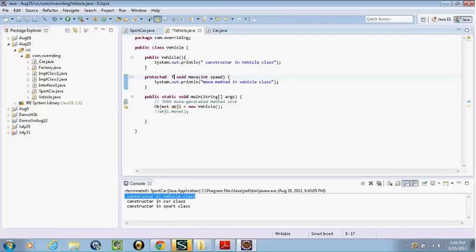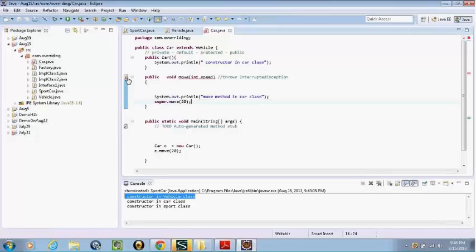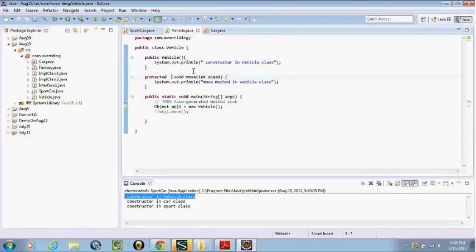And what happens if we make a class final? We cannot extend the class. Here it says cannot subclass the final class Vehicle. So final is a keyword which we can apply to variables, methods, and classes.